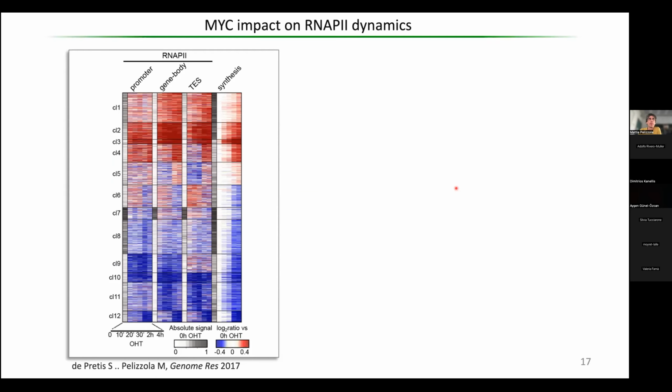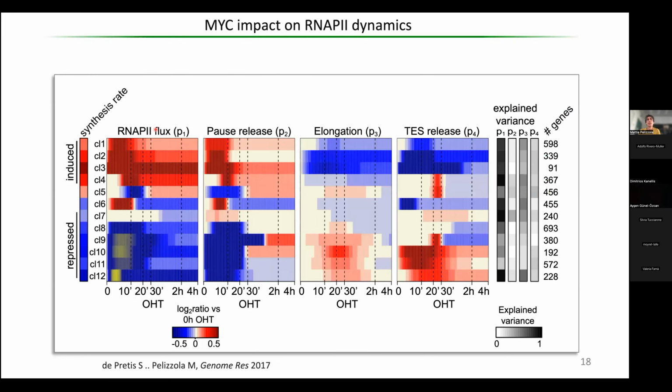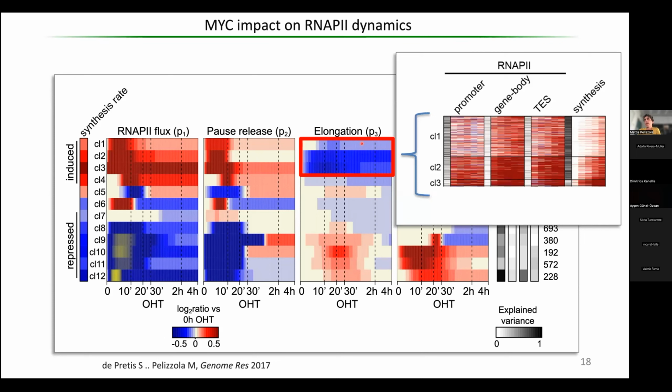In parallel, we have also been profiling the polymerase by ChIP-seq at the promoters, gene body, and transcription end site, genes on the rows and clusters of genes specifically. And through the modeling that I showed you before, we converted this data into a more informative quantification of the variation of the rate of recruitment, post-release, elongation, and detachment of the polymerase complex. For example, these are genes that are increased in recruitment, increased in post-release, and decreased in elongation over time following MYC activation. And just to give a final example here, these genes, for example, those in this red box, are